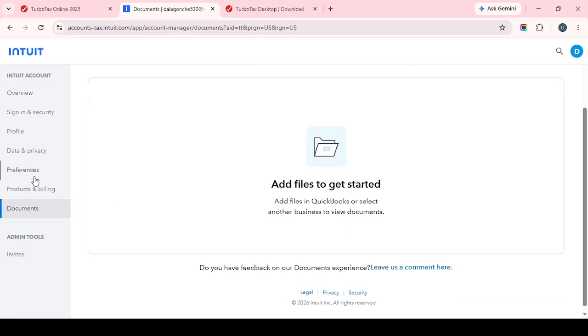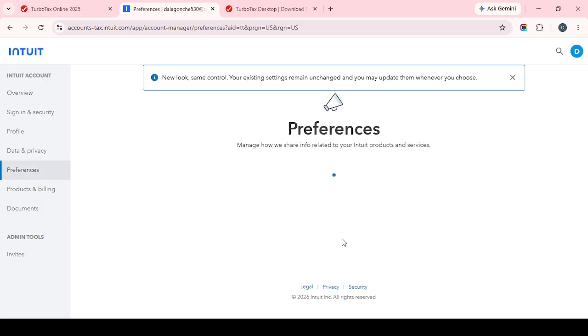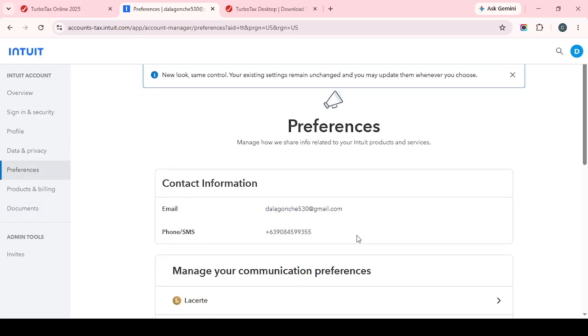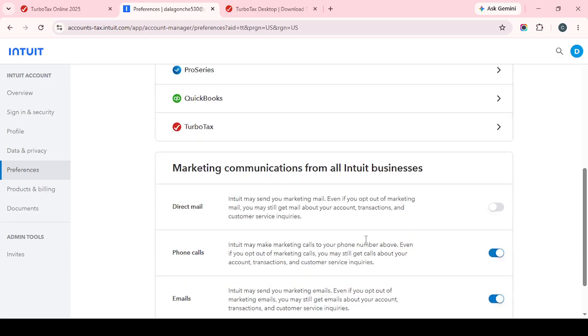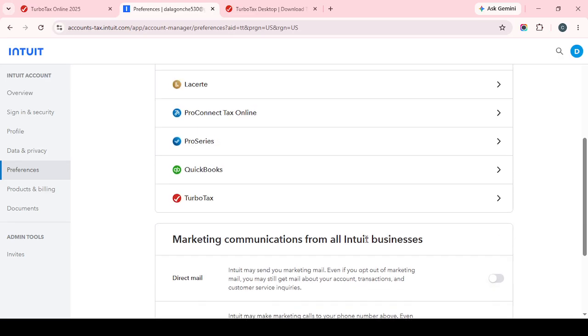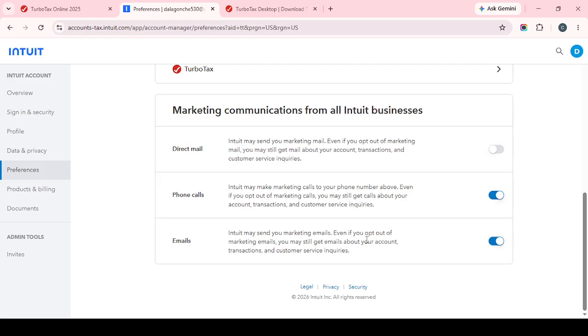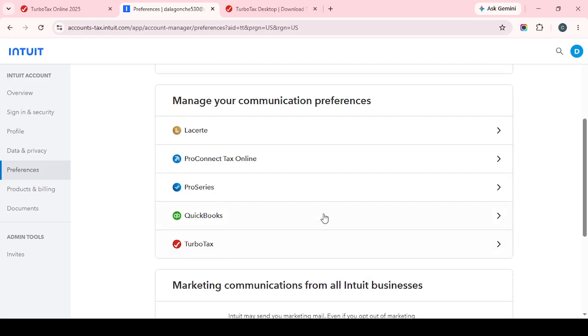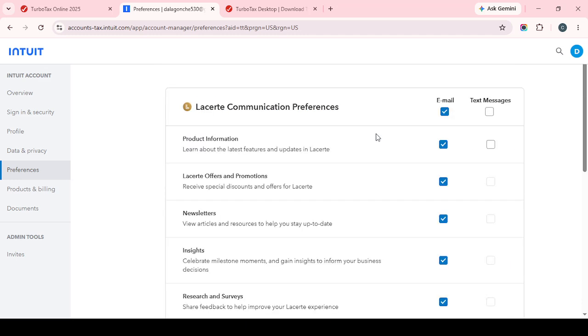At the end of the guided process, TurboTax will generate Form 1040X for you. This is the amended tax return form that summarizes the changes between your original return and the corrected version. Before submitting anything, it's a good idea to review the updated details closely to make sure the corrections are accurate and complete. That's it. By signing in to TurboTax, locating your return under your